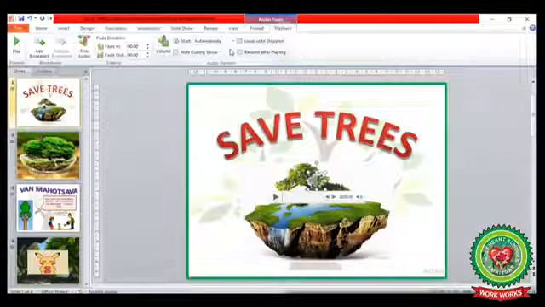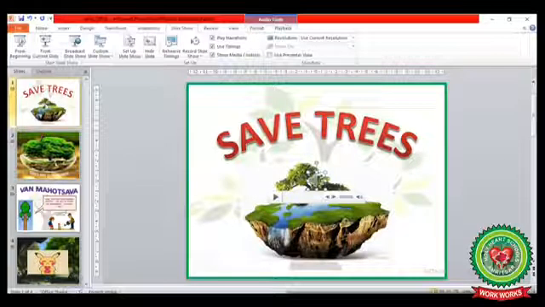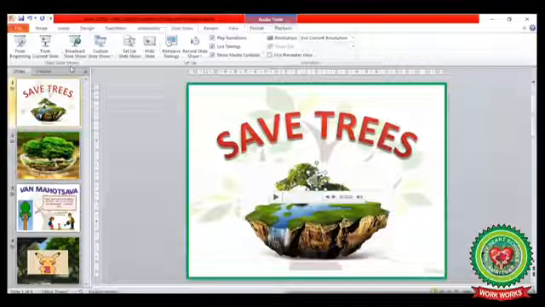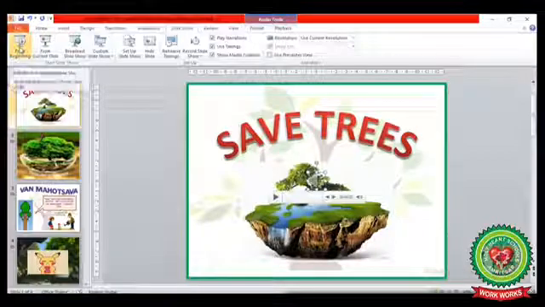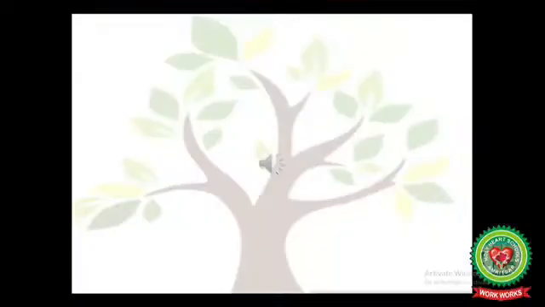Now to see its preview, we have to select the slideshow tab. Click on slideshow tab. From start slideshow group, click on from beginning. The music will appear on your slide automatically.